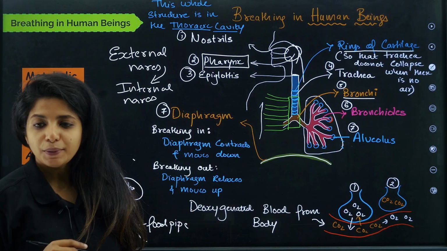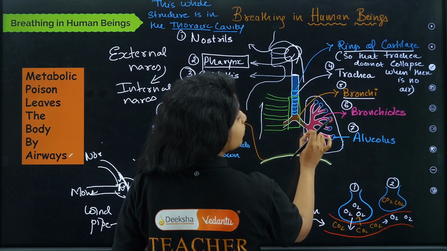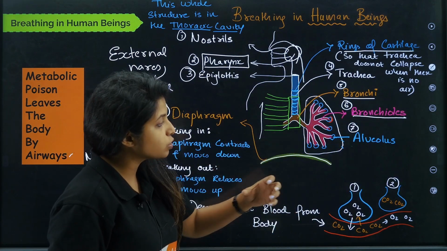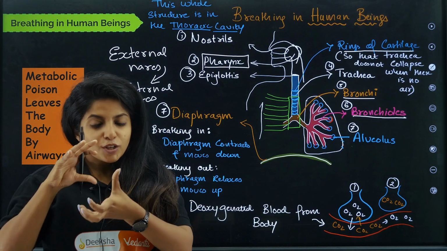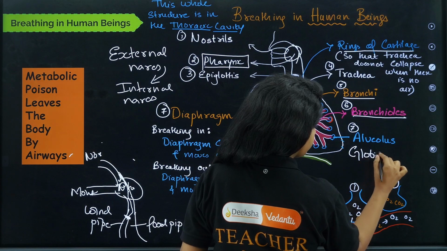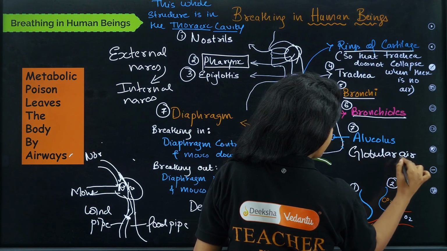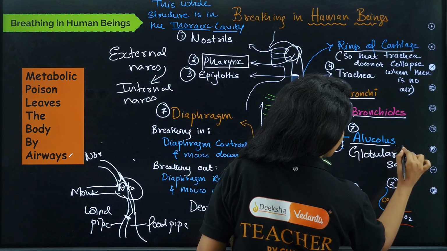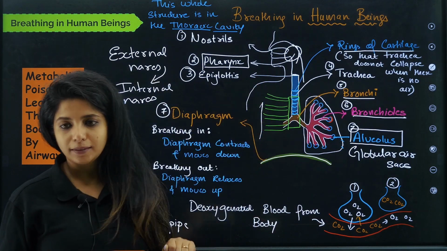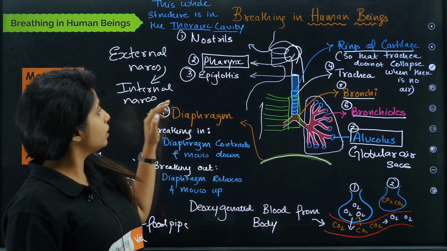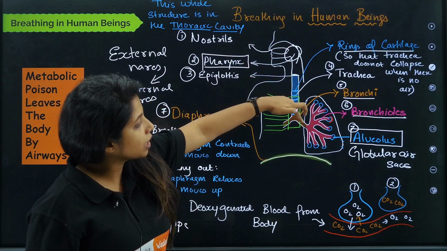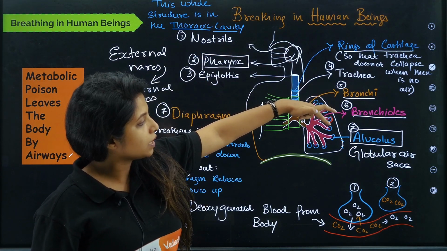Which are known as bronchi. Now, the bronchi will be broken down to bronchioles. Okay, and the bronchioles would be opening up to air sacs, small globular air sacs, which are known as alveolus or alveoli. Similarly, you will find it here as well. Okay, so what did we have, children? We have external layers, internal layers, pharynx, then you have trachea, from trachea bronchi, from bronchi bronchioles, then you have alveolus.